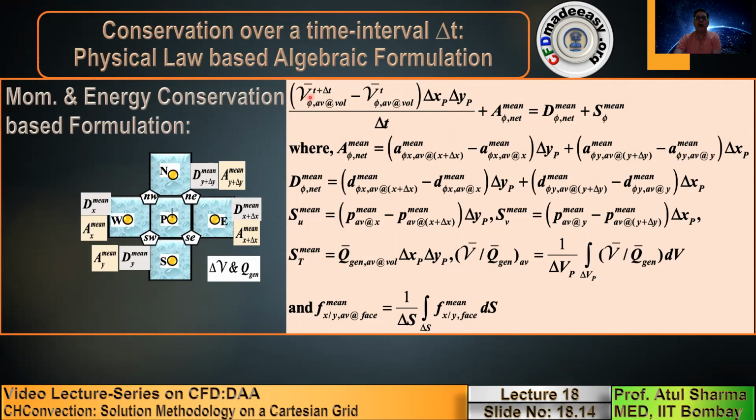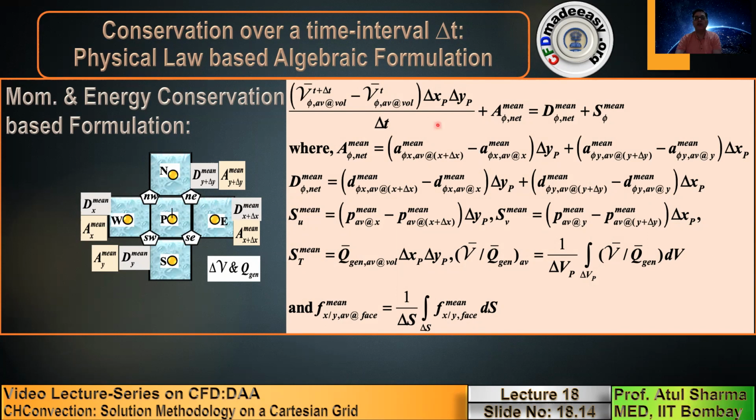So using the conservation law that has been presented earlier and the generalized symbol, whenever you are using V bar with a phi, if this phi is U, it corresponds to x momentum. If it is V, it corresponds to y momentum. If it is T, it corresponds to enthalpy, the amount of enthalpy. Here the algebraic formulation is presented in a generic form. If you compare this formulation with the one presented for the previous topics on computational heat convection, you will see that it is very similar.